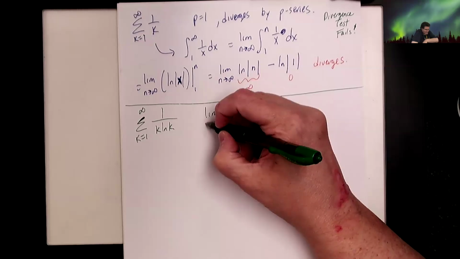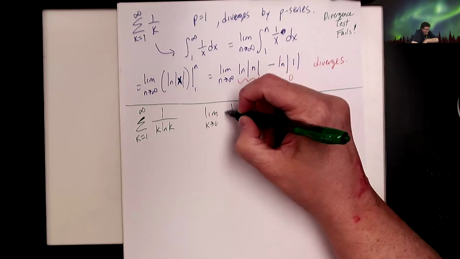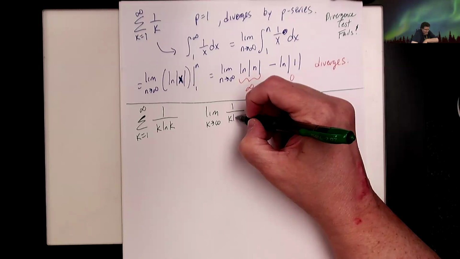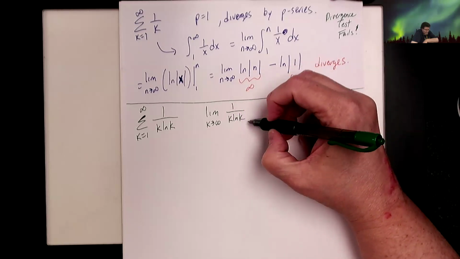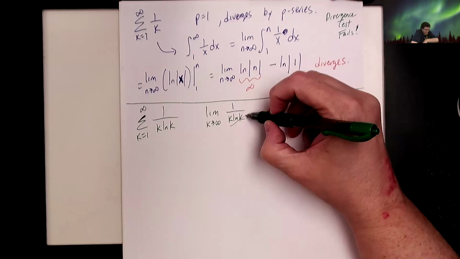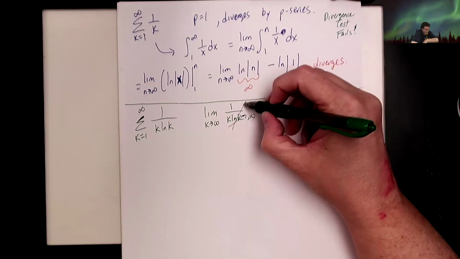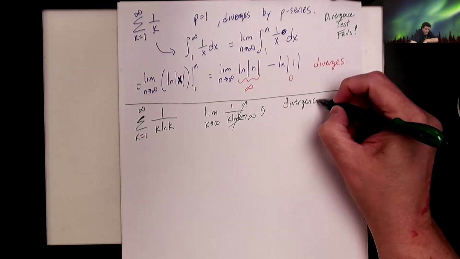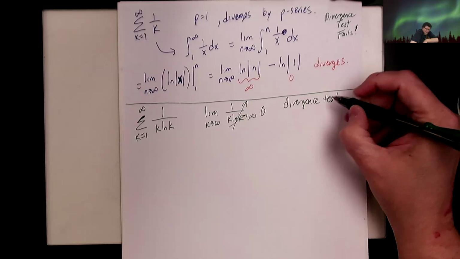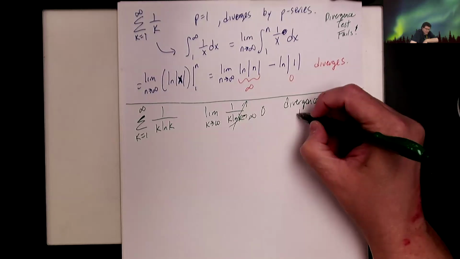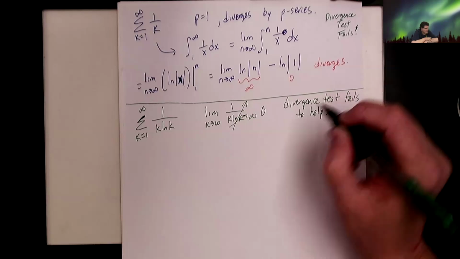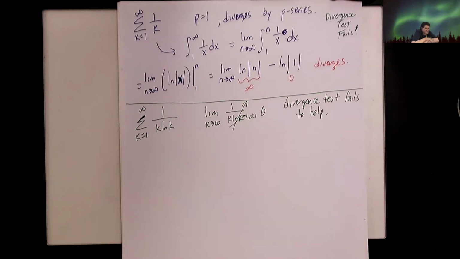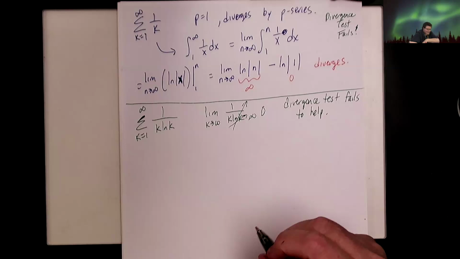If I do the limit as k goes to infinity of 1 over k ln of k, the bottom goes to infinity, which means the sum is going to 0, and the divergence test doesn't help. It fails to help us also. So we saw some examples earlier where the divergence test did help. But when it doesn't help, you can try the integral test